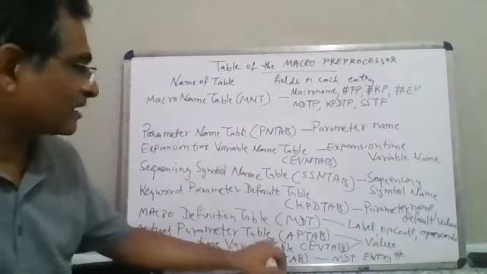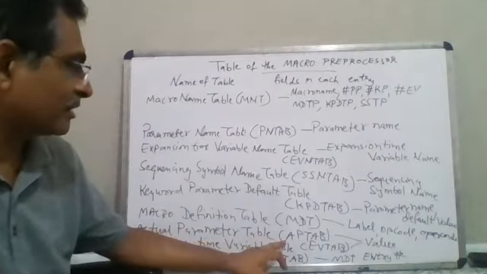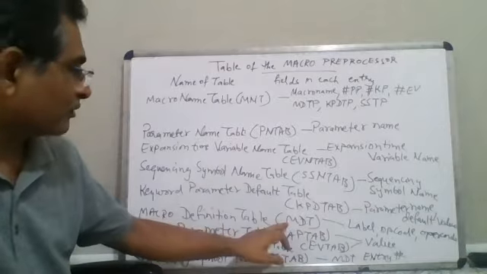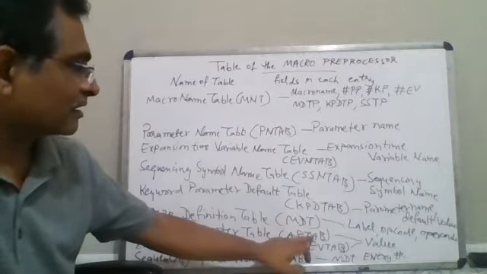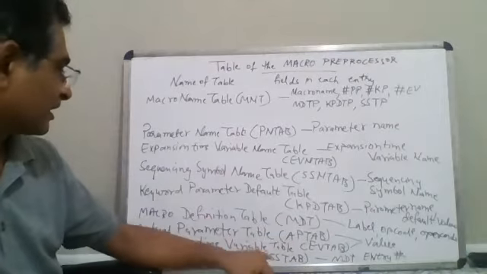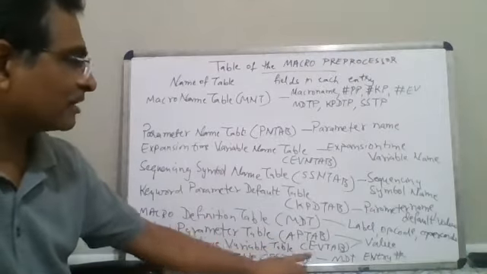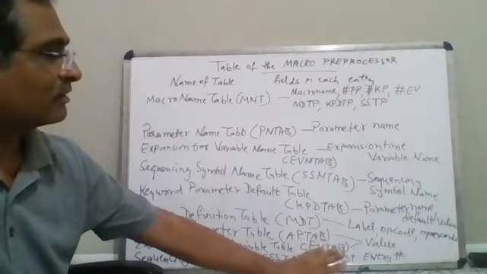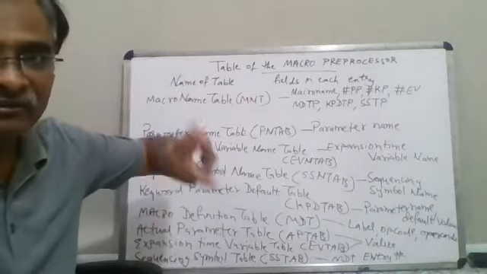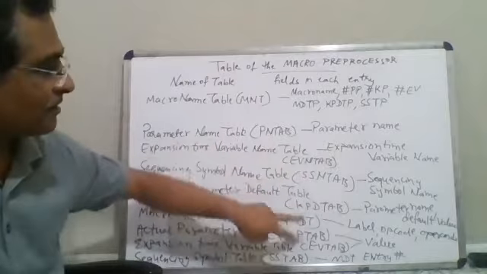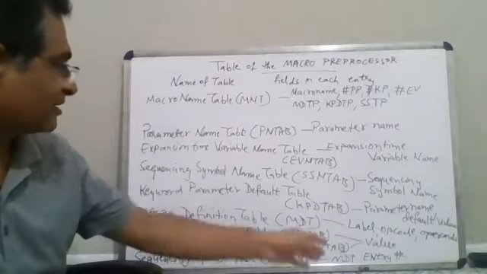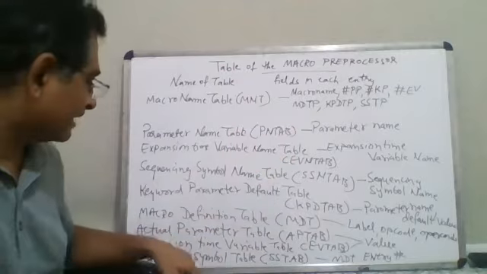Then the actual parameter table is there. There is one table which is the actual parameter table, and the name of that is AP tab. Macro definition table, actual parameter table, it is going to have only the value. What is the actual value of that, right? So the actual parameter table, and the expansion time variable table, EV tab, is also going to have the value. So the name will be present here, the value will be present here. So name and value both would be available by these two tables, right? Some of the tables are used twice: one is having the name and another is having the value, right?